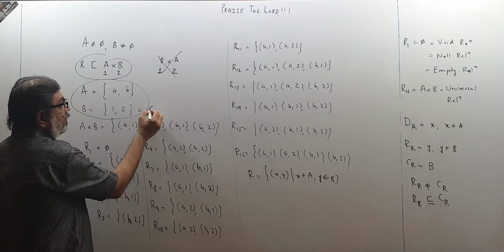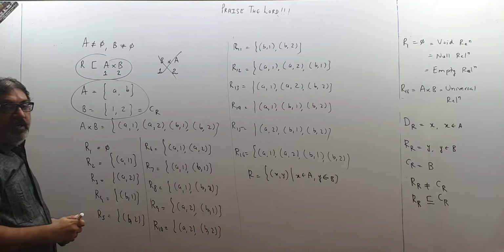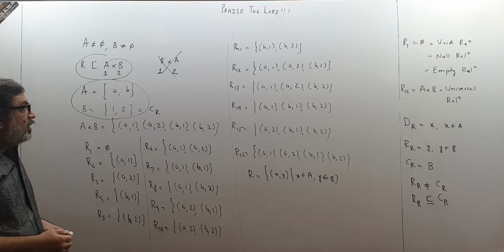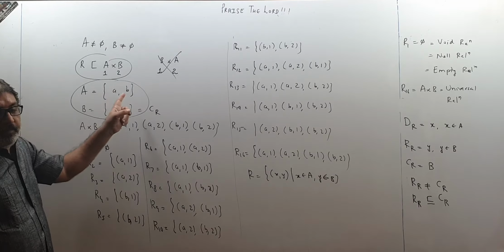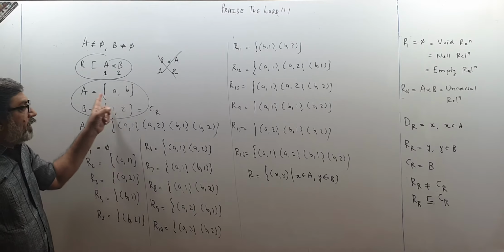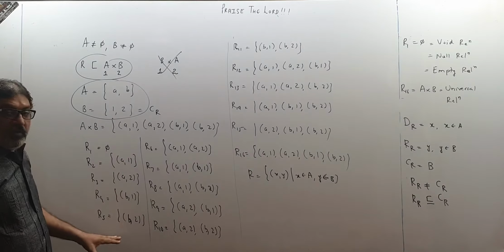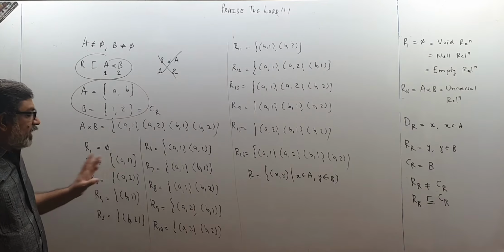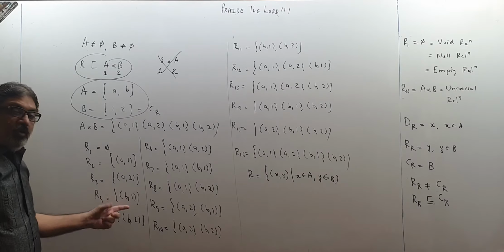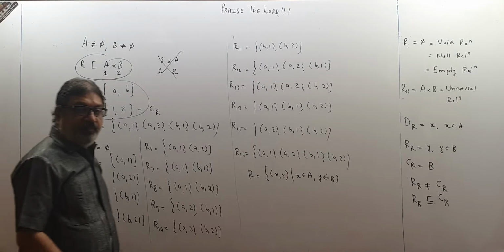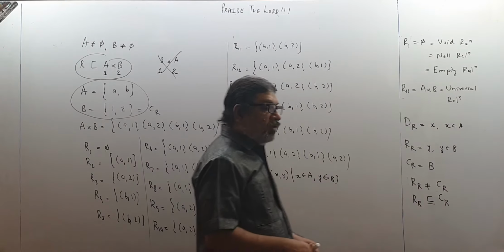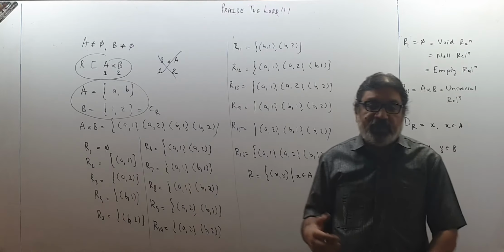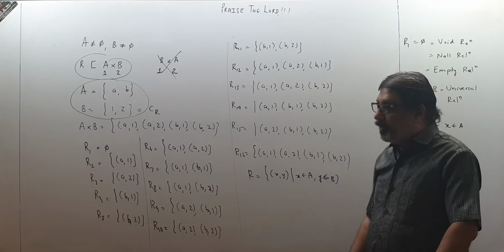This forms the codomain. Codomain of relation, the second set. This does not form the domain. This is not domain. Domain is to be picked up from here. For this relation, domain will be only A. For this relation, domain will be only B. Like this you have to think. Okay, so you have understood what is the meaning of domain, codomain and the range.